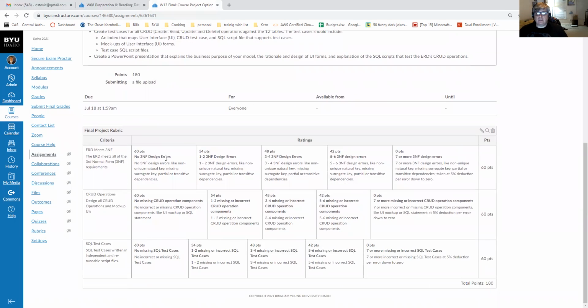Last thing here is the rubric. I'm not going to go into this too deep because it's pretty normal. It's pretty standard. Criteria. You meet the 3rd degree of normalization, the 3rd normal form, which means no many-to-many relationships, no redundant data in the table, and no redundant data in the database. You designed all your CRUD operations and mock-up UIs, and your test cases are written out and independently runnable, so